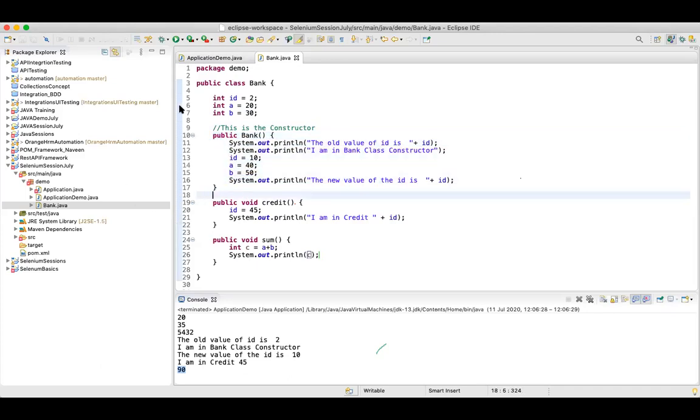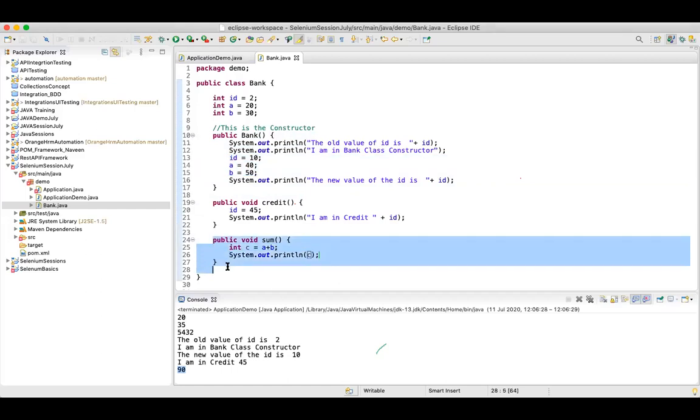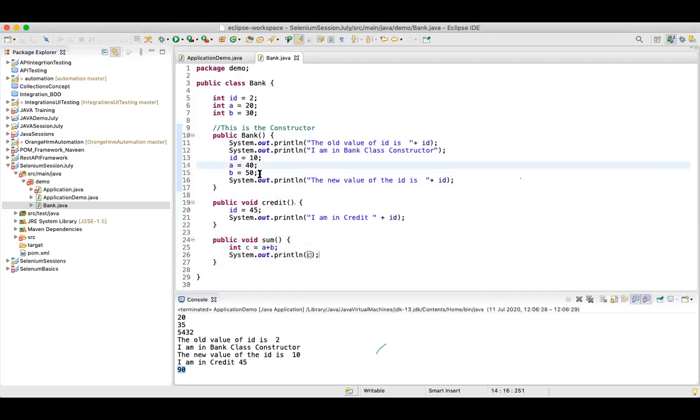So when you run this program, the constructor is getting called, and the constructor is assigning the value. After the constructor, this particular method is getting called, so the pointer is going from here to here. So now the value of a is 40 and b is 50, and that is why it is printing 90.